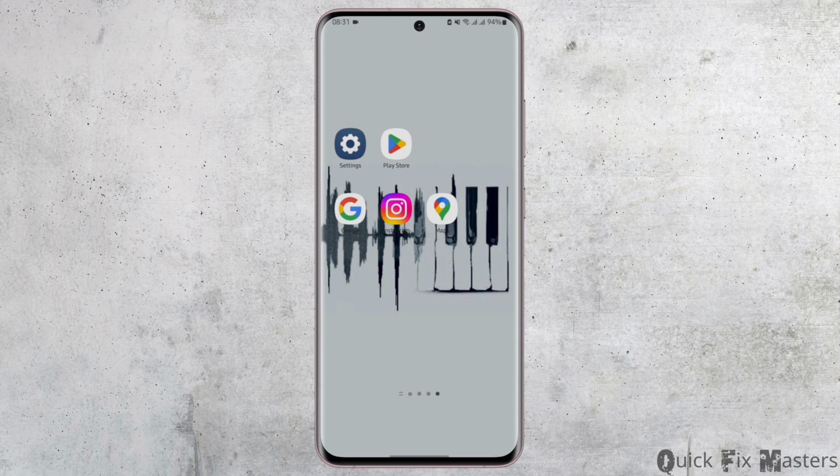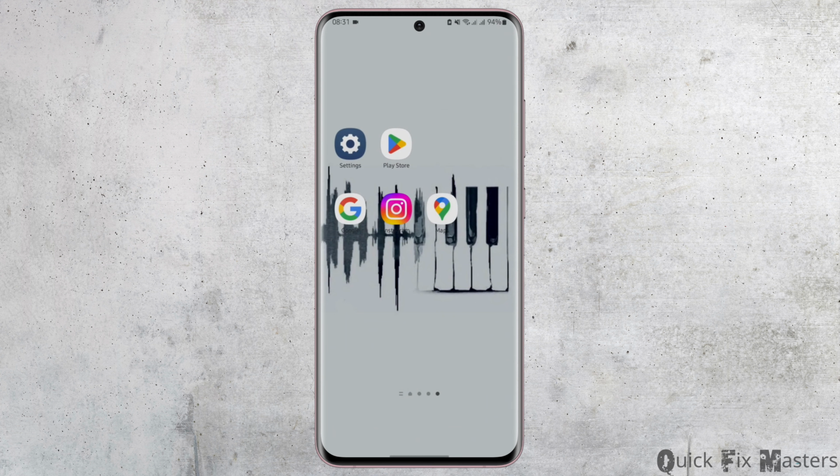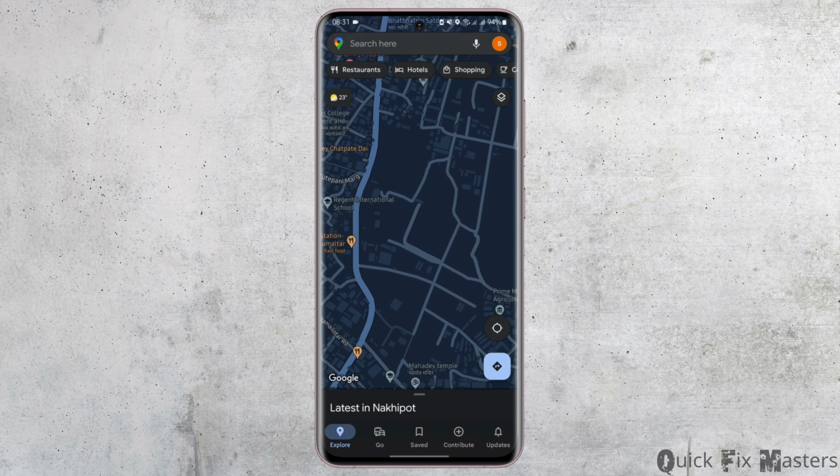So without any further delay, let us jump right into the process. First of all, make sure that you have the Maps application on your device. If you don't have this inbuilt application, you can go ahead and download it from your Play Store by simply searching for Google Maps. Now as you have it, tap open your Maps application, and this being your current location,